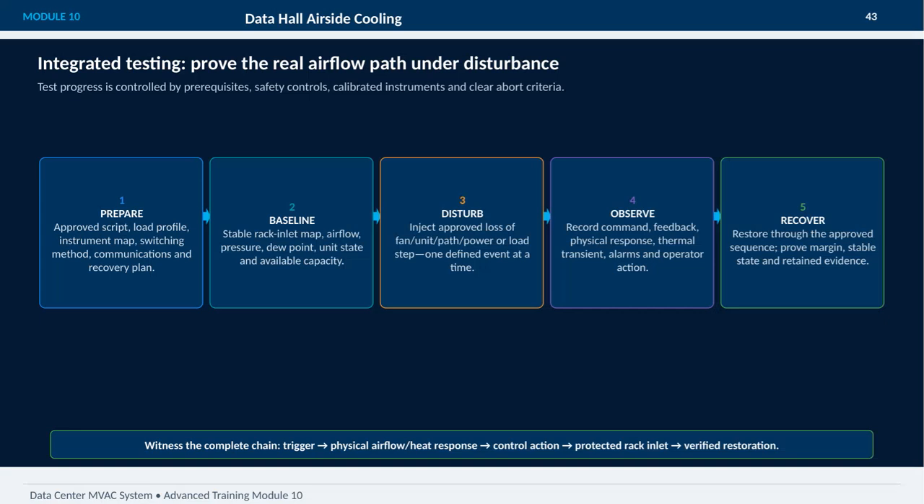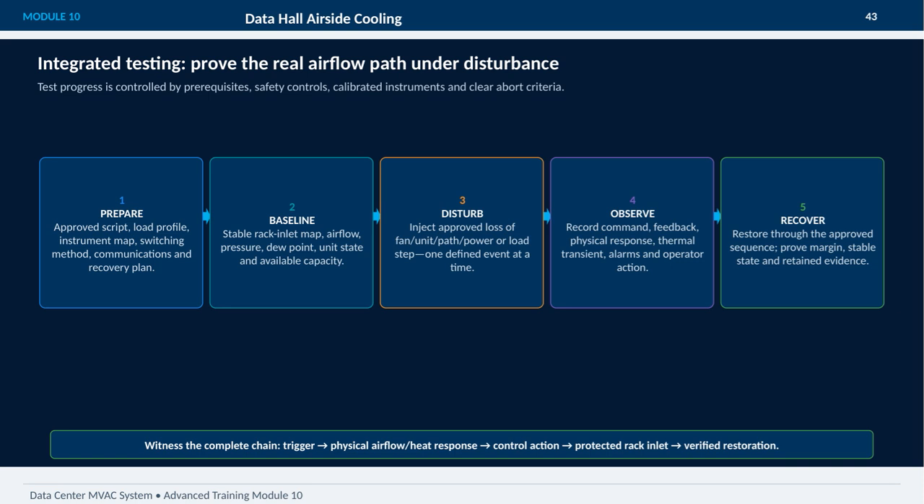In this module, we focus on integrated testing to prove the real airflow path under disturbance in Data Hall Airside Cooling. The test process is carefully controlled by prerequisites, safety measures, calibrated instruments, and clear abort criteria to ensure accuracy and safety. First, we prepare by following an approved script, setting load profiles, mapping instruments, defining switching methods, and establishing